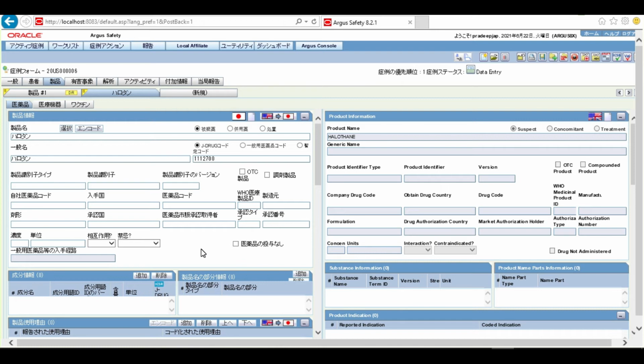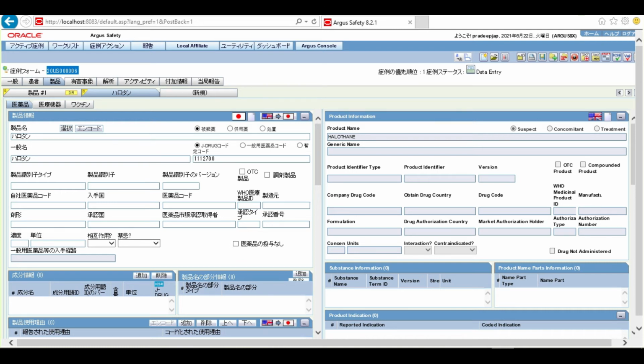Now let us do one thing. We are going to note down the case number, and we are going to close this particular case, and then we are going to enter Haloperidol in our WHO Drug Dictionary English version.